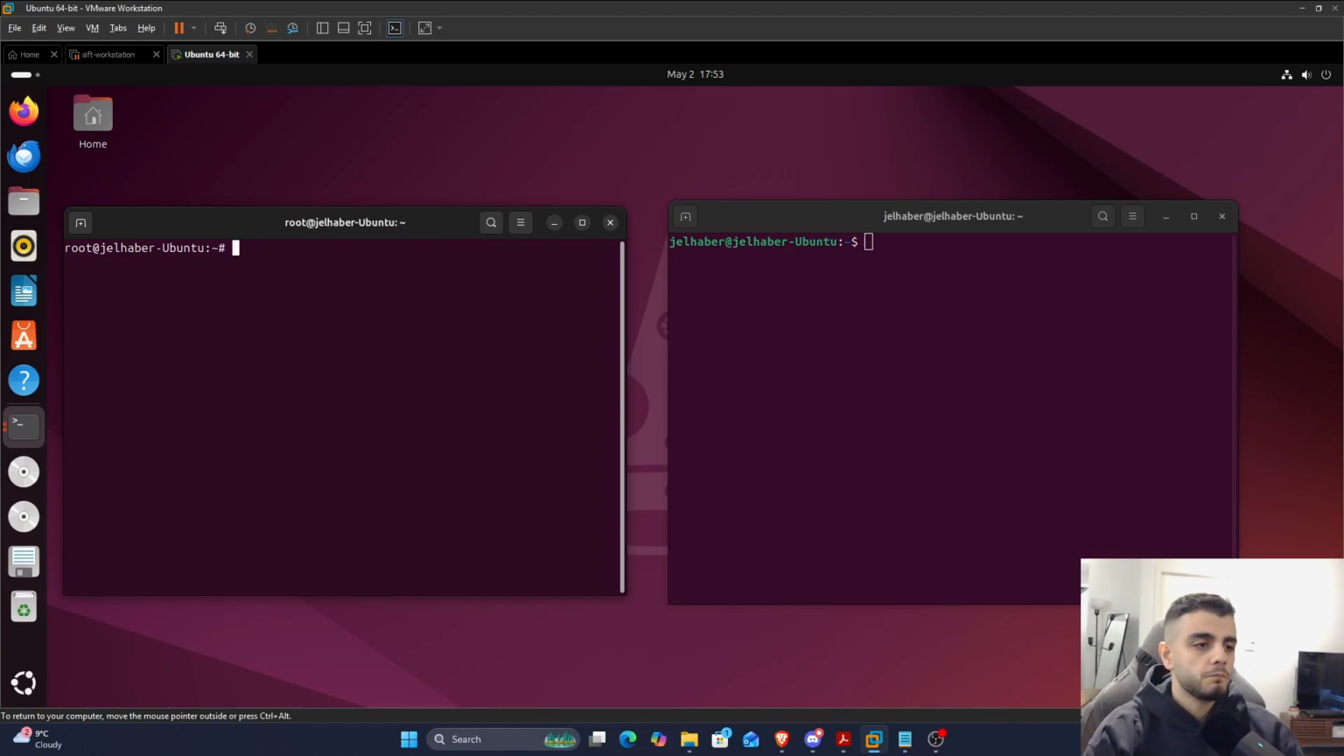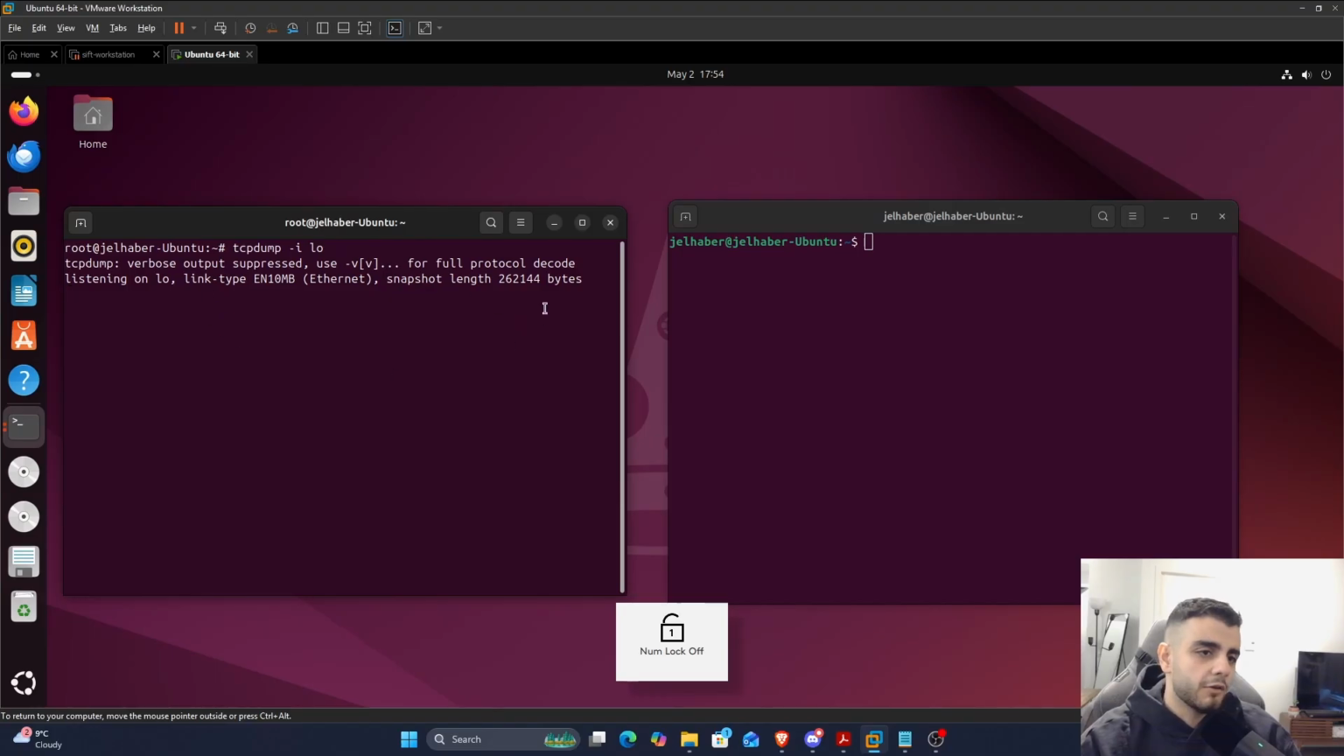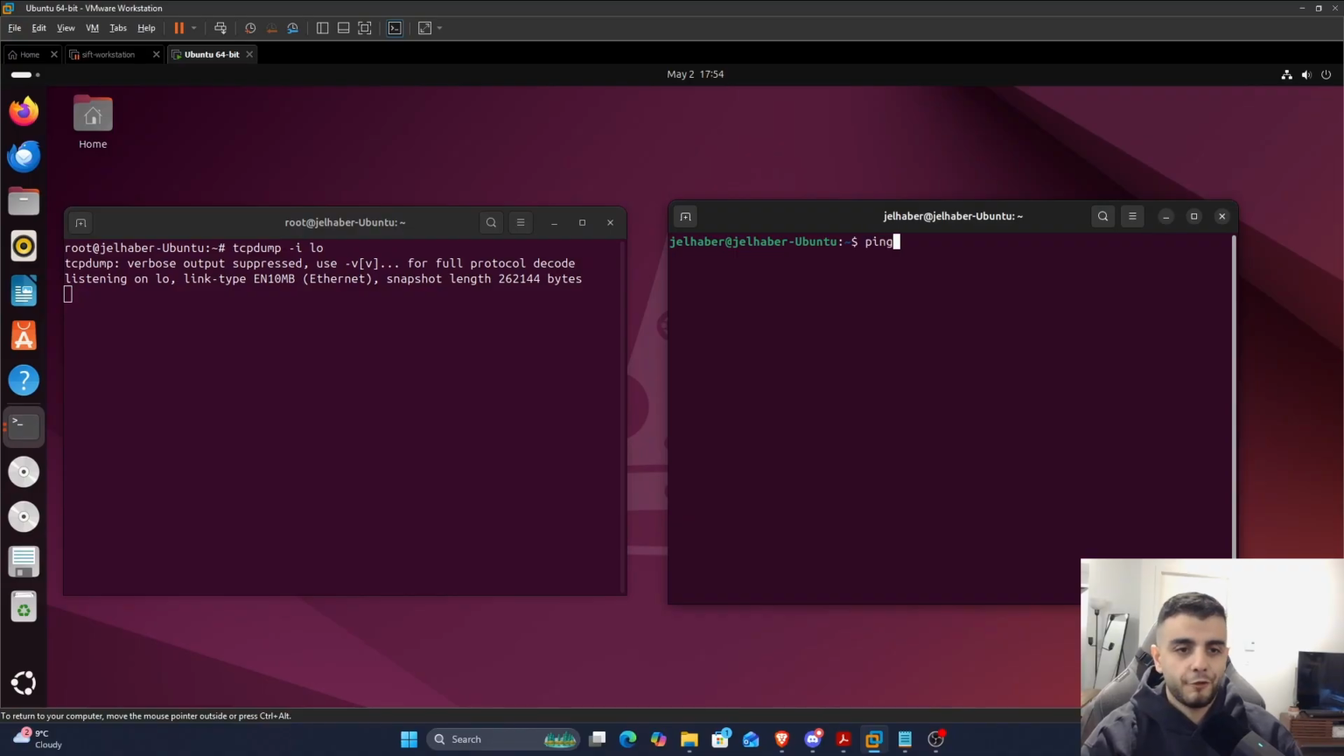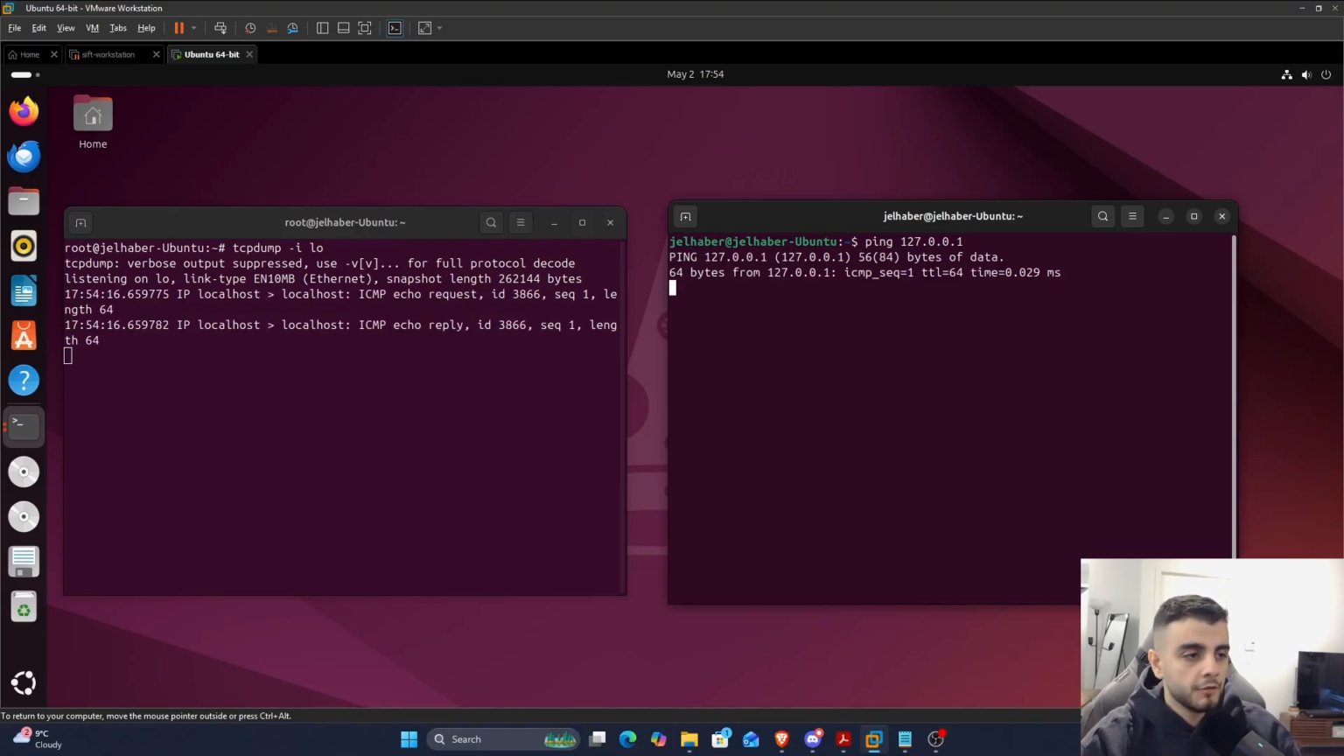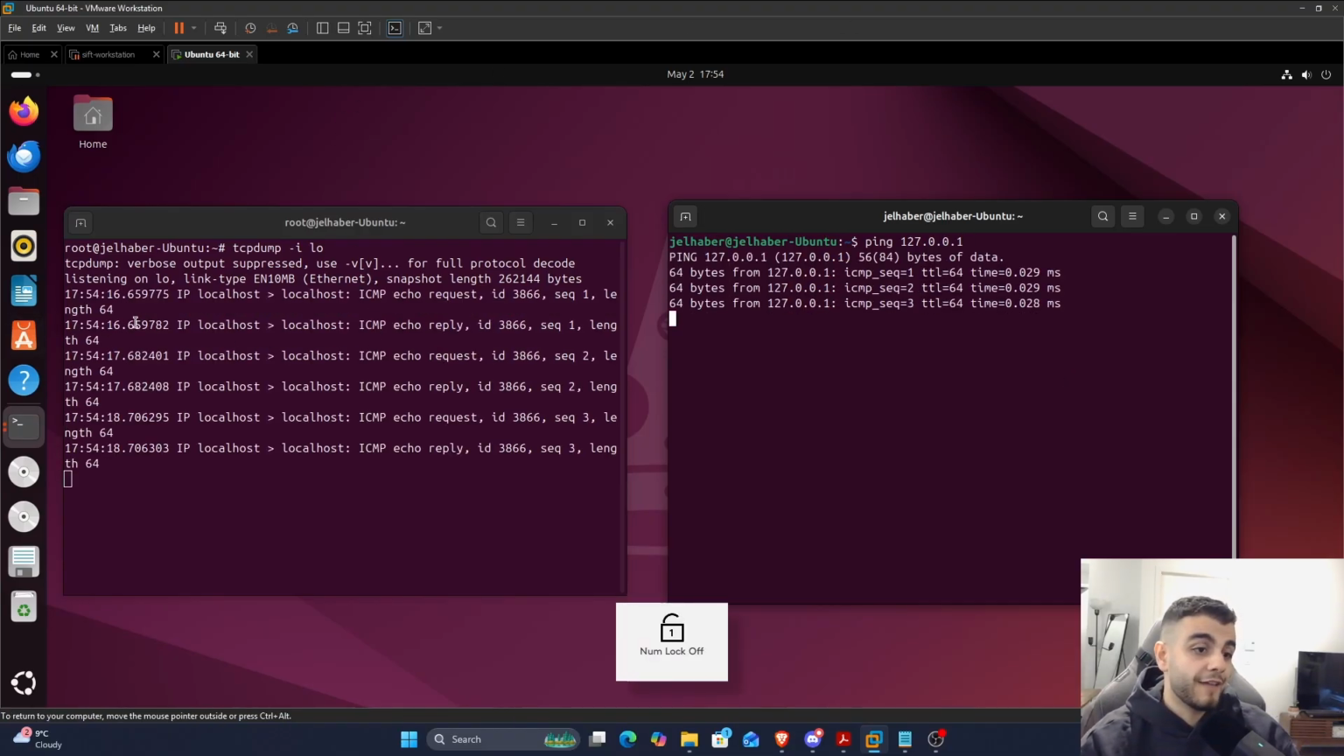So we're going to run tcpdump. I'm going to specify the lo interface, which is my localhost, and press enter. Right now it's waiting for anything to hit my localhost to be captured. To do so, we're going to trigger that manually. We're going to ping our localhost and see what we get. Okay, and here we have